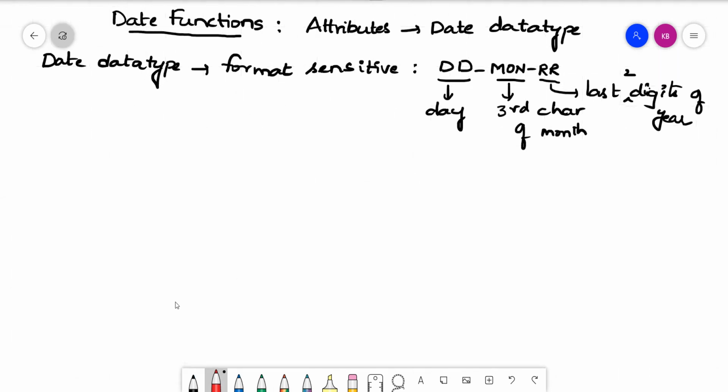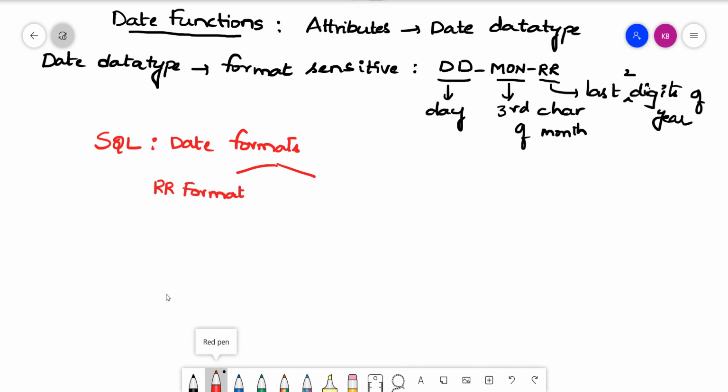One has to understand here that basically in SQL we have the date formats in 2 ways. So what are those 2 ways? We call them the RR format, and the next one we have is the YY format.